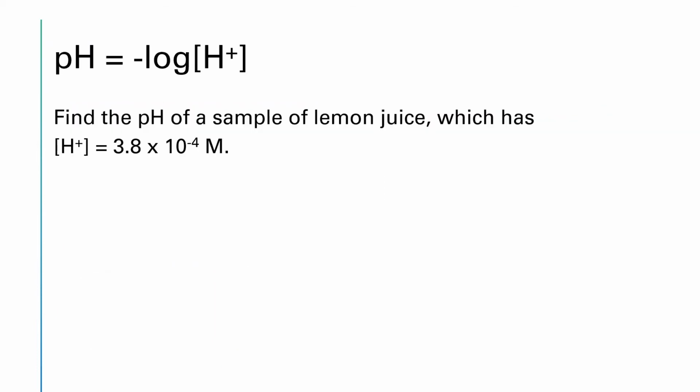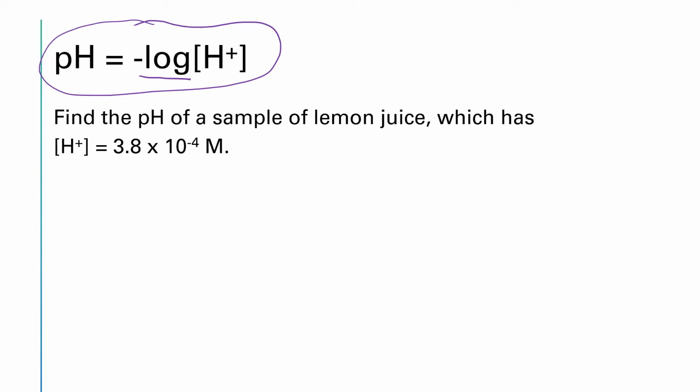At the top of this slide, we have the equation that defines pH. pH is equal to minus the log of the hydrogen ion molarity. Let me point out that this is log, not ln, so this is the base 10 log. On your calculator, make sure you use the log button. It's probably right next door to the ln button for natural logs that we used back in the chapter on